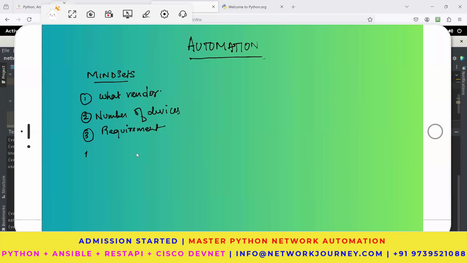Then, let's say, whether you are opting for SSH type of automation, or you need Telnet, or you need HTTP type of automation, because these are the protocols used for remote logins. Now, coming to the first one,